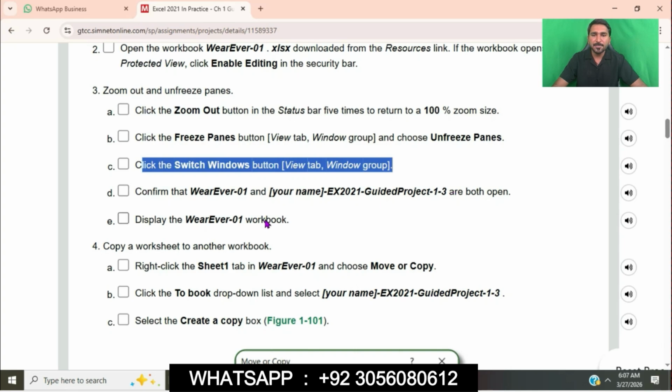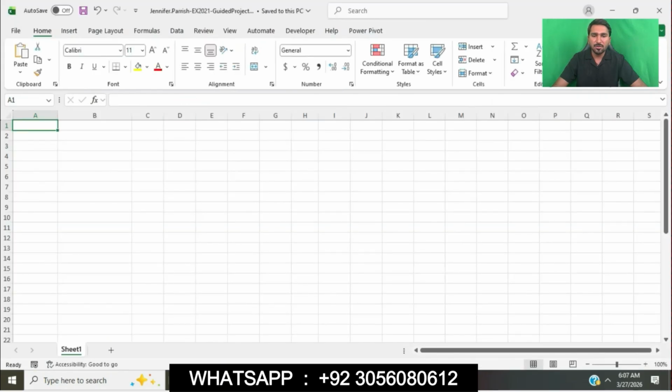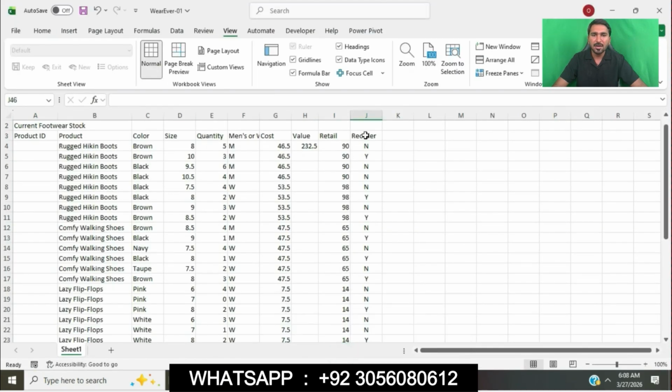Click the Switch Windows button. So point D, confirm that VReaver 1 and guided project 1 to 3 are both open. Display the VReaver 1 workbook. So you can see both are open. I have confirmed.